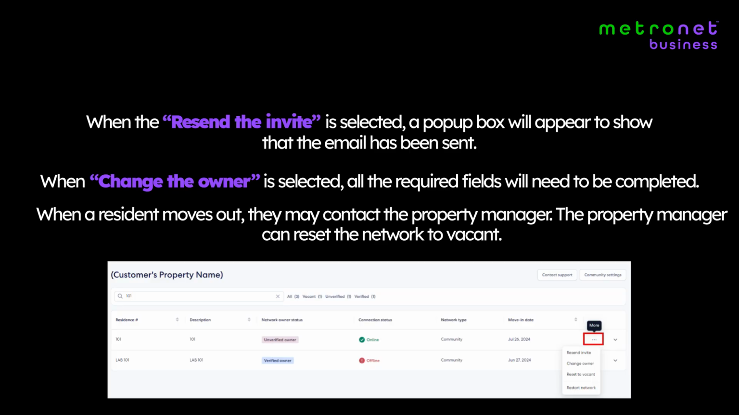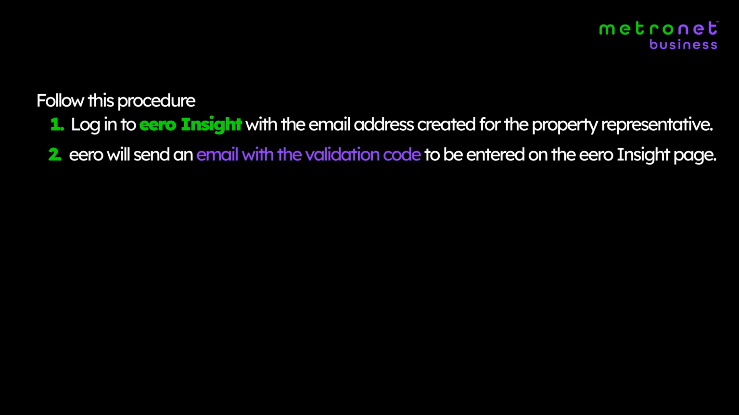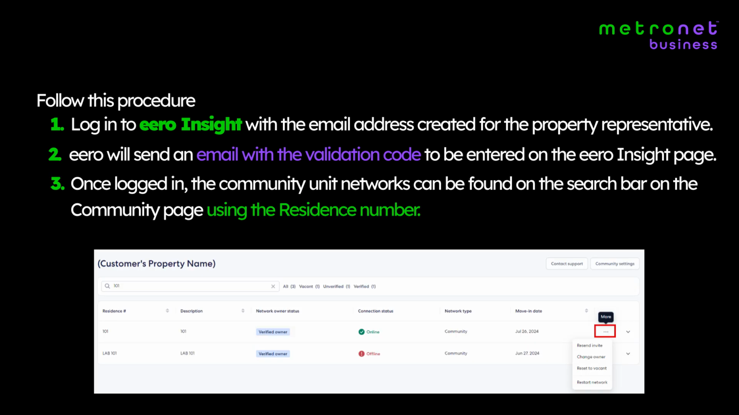When a resident moves out, they may contact the property manager. The property manager can reset the network to vacant. Follow this procedure. 1. Log in to eero Insight with the email address created for the property representative. 2. eero will send an email with the validation code to be entered on the eero Insight page. 3. Once logged in, the community unit networks can be found on the search bar on the community page using